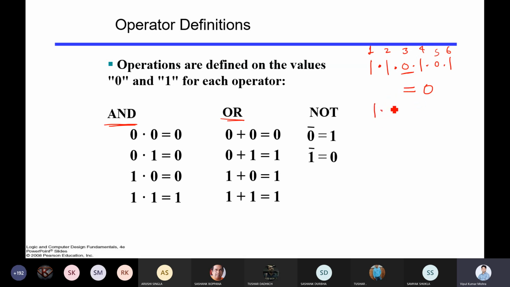So suppose I'm saying 1.1.1.1.1, and the steps will be 1, 2, 3, 4, 5. In that case, it will go up to the fifth place because the process doesn't get zeros. Now in case of OR gate, suppose I'm saying 0 plus 0 plus 1 plus 0 plus 1 plus 0, and again I am giving the numbers 1, 2, 3, 4, 5, 6. In which place will the process stop and you get the answer?